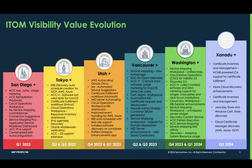As you can see from this slide, I'm not going to go through each one of these items, but you can see that throughout the most recent releases, there has been an incredible amount of innovation that has just been released. And even with the Xanadu release that is going to come up soon, and this Q2 release is part, let's say, of the broader Xanadu release, we can see that we still have a lot of innovation that we're